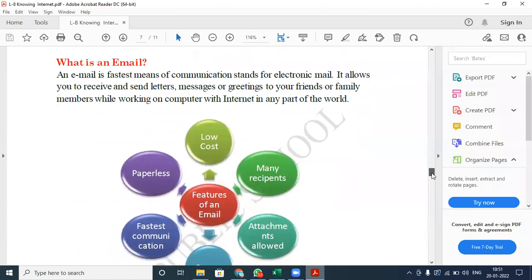Next, now, what is an email? Email is the fastest means of communication and the most widely used means of communication also. Most of the people are using email for transferring their messages, for formal, जितनी भी फॉर्मल कम्युनिकेशन होता है. इनफॉर्मल में तो आप किसी से फेस टू फेस बात कर सकते हो, बट जब कोई फॉर्मल होता है, फॉर एग्जांपल